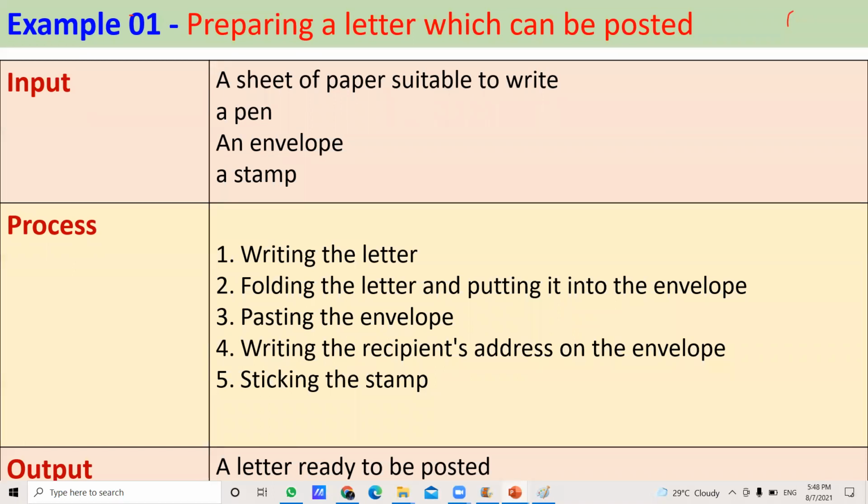I think all of you finished writing this one. That's example one, preparing a letter which can be posted. Here, the first thing is you want to identify what the inputs are. Then you want to point out the process.